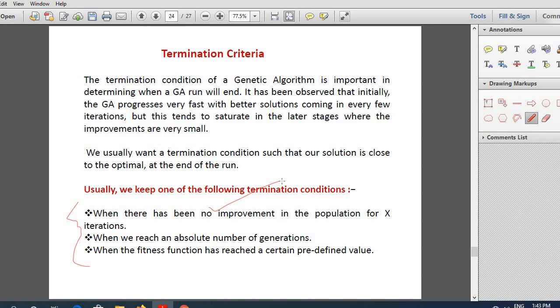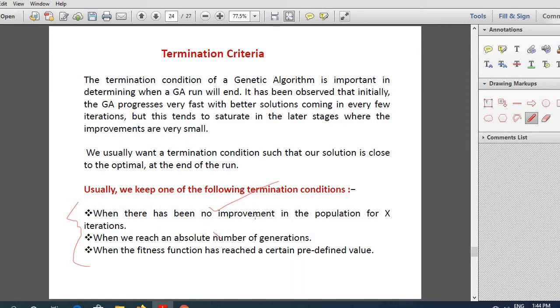Suppose that for continuous 10 generations or so, the population fitness is remaining the same. In that case, there's no point in running it again and again. You can stop right there. So you can set the algorithm that way.